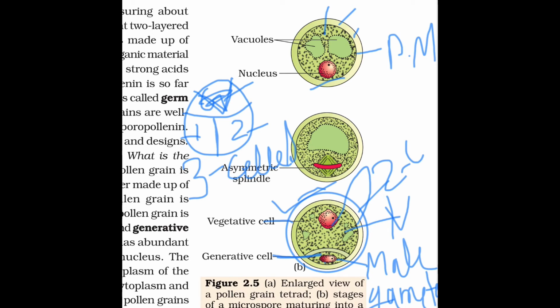One cell is vegetative cell, which is larger and will form pollen tube, and the smaller cell, that is generative cell, will form male gametes, and there is going to be formation of 2 male gametes in all the plant species. But at the time of shedding, in some plant species there is already the formation of 2 male gametes, but in 60% of plant species male gametes will form after shedding, not before shedding. This is the only distinction between these two types of plant species. I hope you understand all of these things here.